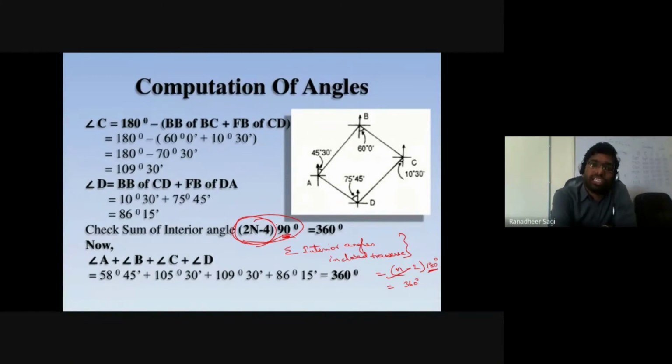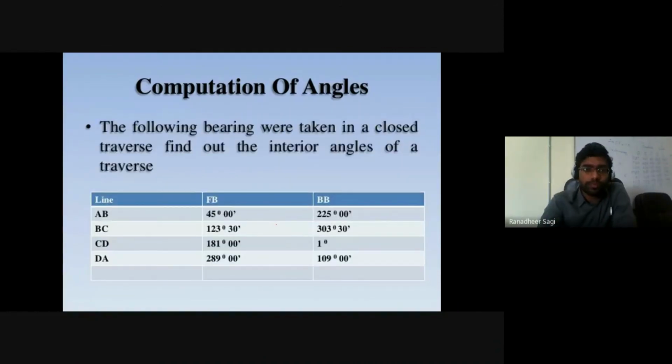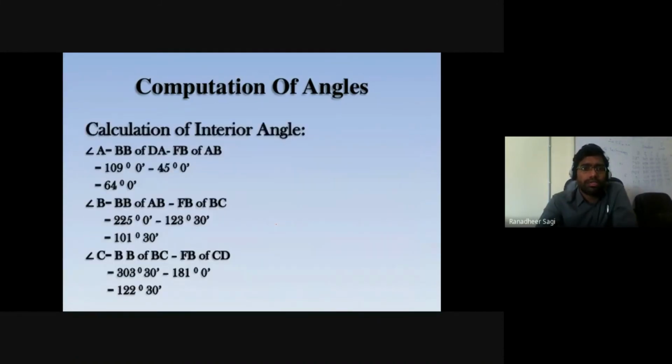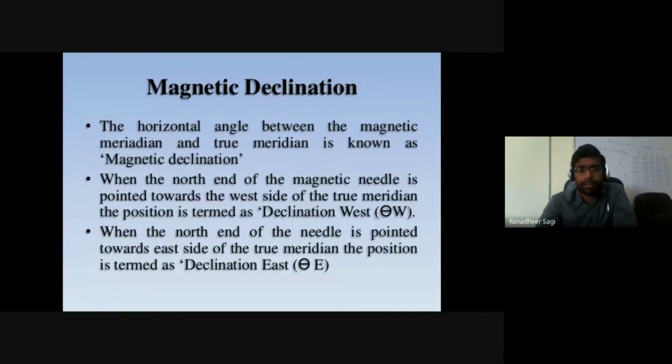If it is not satisfied, somewhere the interior angle you have calculated is not correct. So you have to go back and cross verify how you calculated those interior angles. So that is another problem given for you to practice solving interior angles. Okay. Next topic,